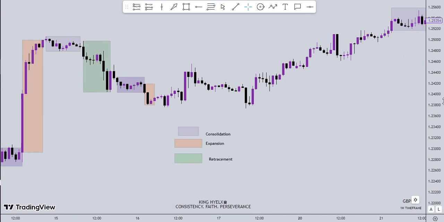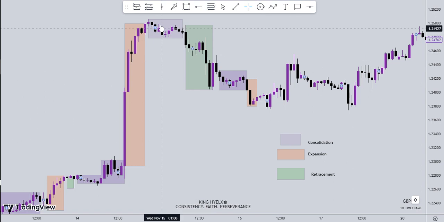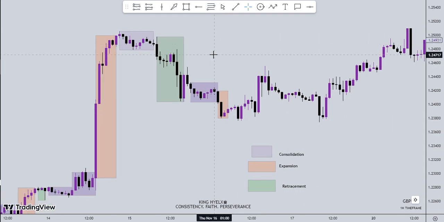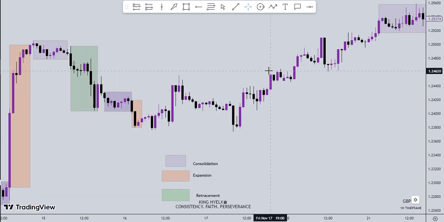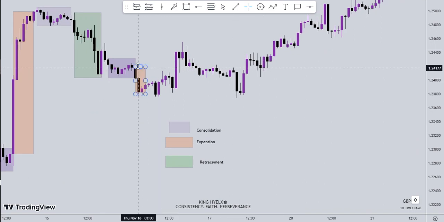Now what you have to understand about technical analysis is that you should not come to the charts and expect that you see it always like this, that after consolidation you want to see expansion, then you want to see retracement, right? Price is always being delivered like this, but you're not always going to be able to see it in that particular way, right? Because now see over here, what do we have? We have an expansion, but we don't see a retracement, do we? No, we don't, because instead price just goes the other way,